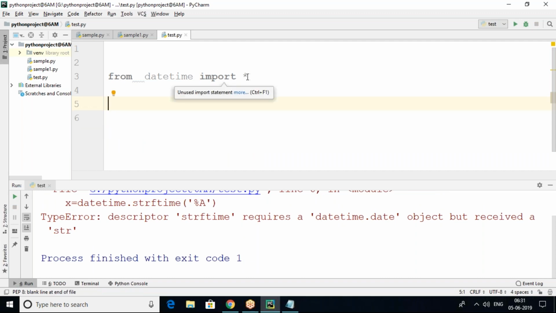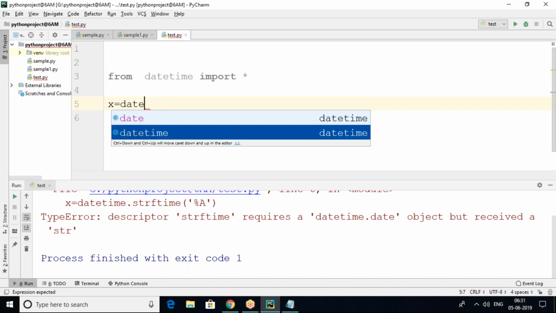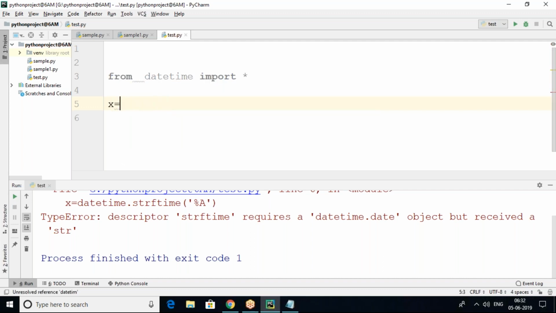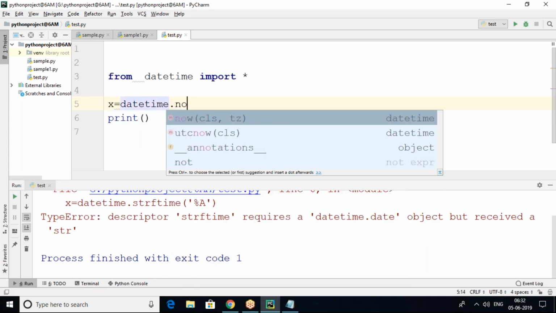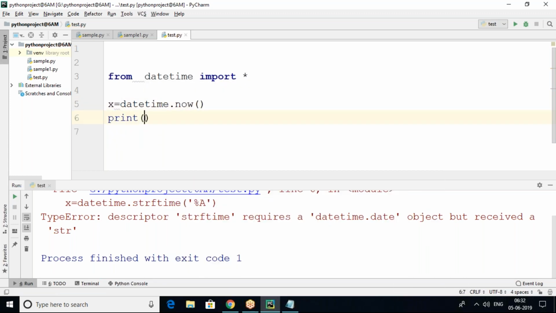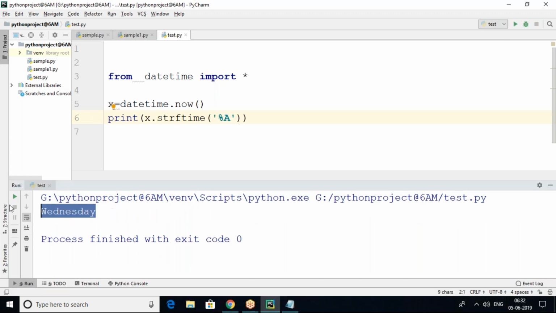Here from datetime import star, then after that x equals datetime dot now, then print x dot strftime, then percentage A. This is capital A. So in this capital A, what will happen? You can see this, Wednesday.